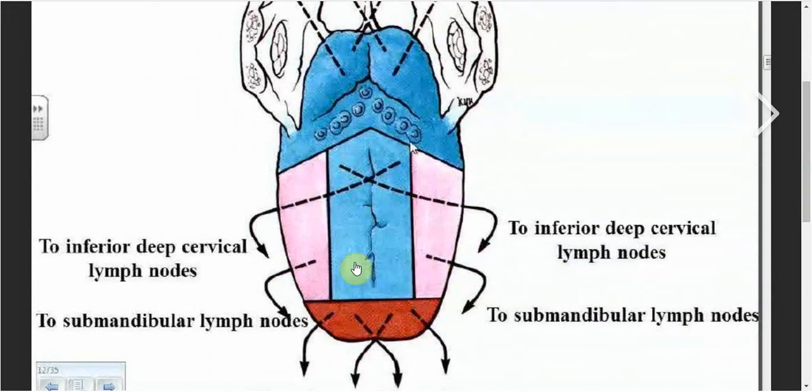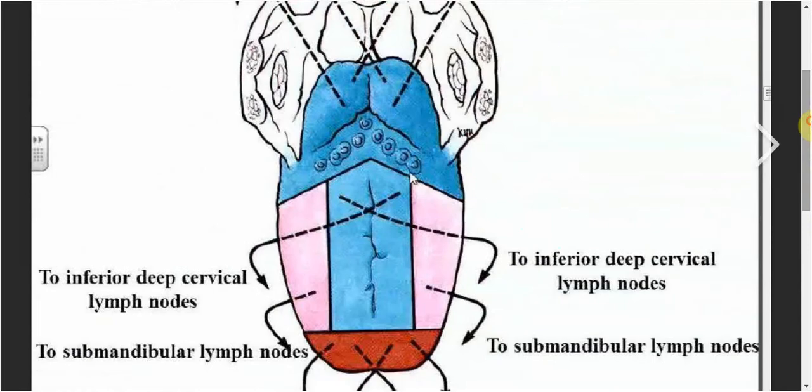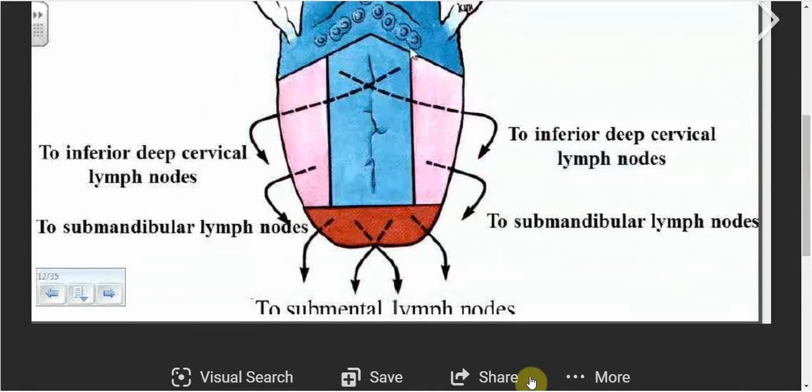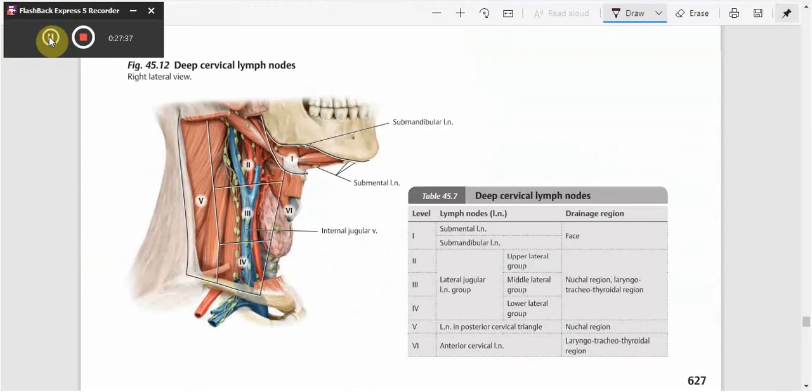You can see submandibular lymph nodes, with the exception of the teeth, they are indeed draining the tongue. The anterior 2/3 of the tongue, the posterior is not drained by it, right? Excluding the tip and the floor of the mouth, right? And they also receive efferents from the submental lymph nodes, from submental to submandibular. Another thing I want to show to you, the drainage of the submandibular lymph nodes is going to include the